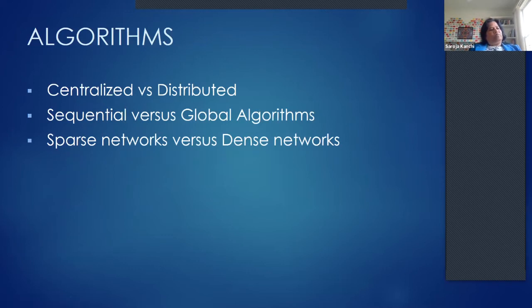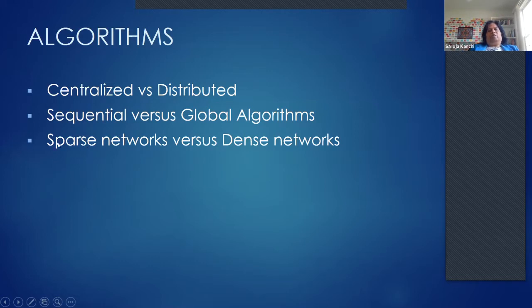So next thing I want to talk about is the algorithmic techniques, which could be centralized or distributed. Centralized simply means that all sensor nodes give information to a sink node, and then the sink node can compute the location of each node. Distributed is where each node, of course, computes its own location. Sequential versus global simply means: do we progress node by node localizing, or do we simply use a global algorithm to localize the entire network?